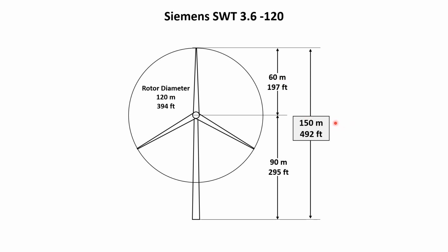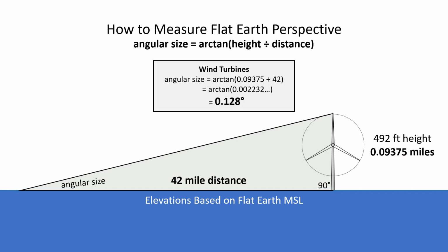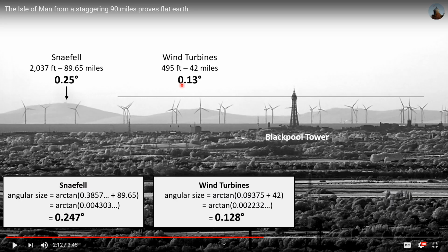And that gives us a total of 150 meters in height or 492 feet. So we have a distance of 42 miles for the wind turbines and a height in miles of 0.09375. And that gives us an angular size of 0.128 degrees. I'm going to round that off to 0.13 degrees, and that would be represented by this line right here, because